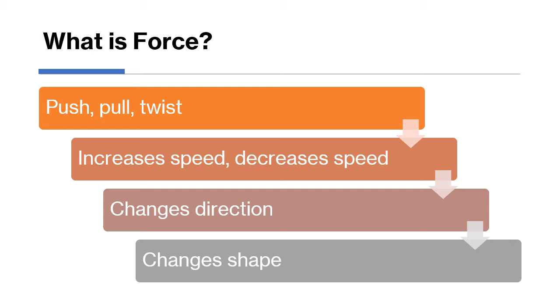Then the steering wheel. When you're turning the steering wheel, again, you are applying a force which is changing the direction. And then last one, changing the shape. So say you have a piece of paper with you, you're crushing the paper. So you're applying a force and changing the shape of the object there. So these are the different